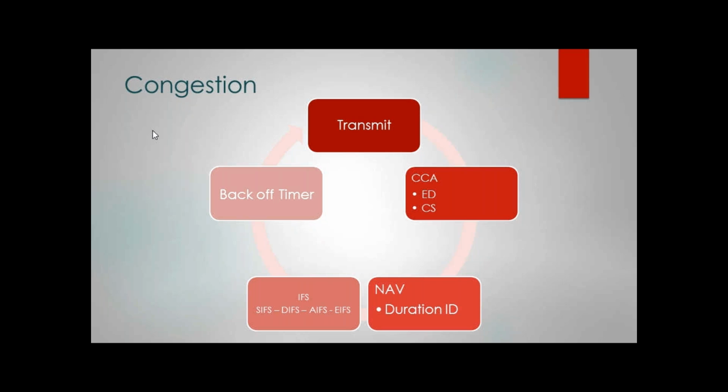And guess what? If you want to transmit another frame, you have to go all over again. And the reason I put it in here is congestion. First of all, if we are sharing with too many Wi-Fi networks, obviously our chance to transmit will be lower and lower. And the second reason I put it in here is that if for some reason my frame didn't make it to the other side, I have to wait again